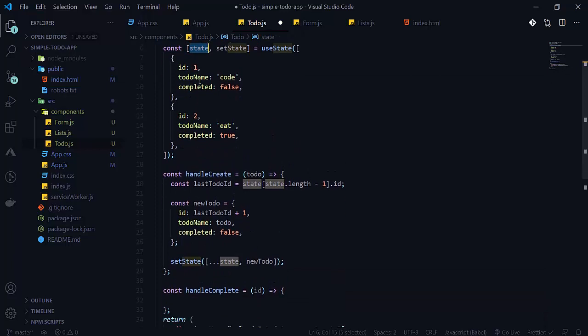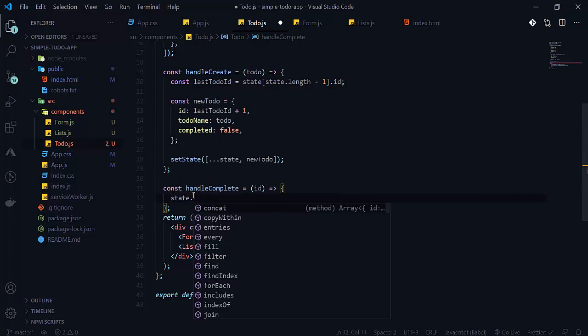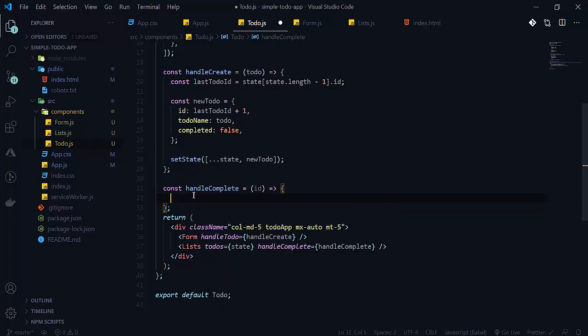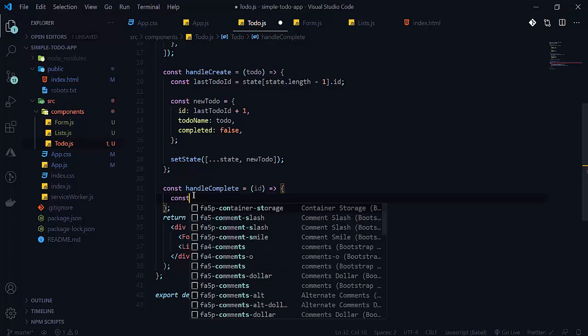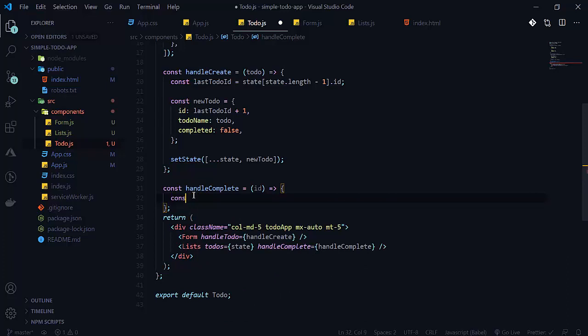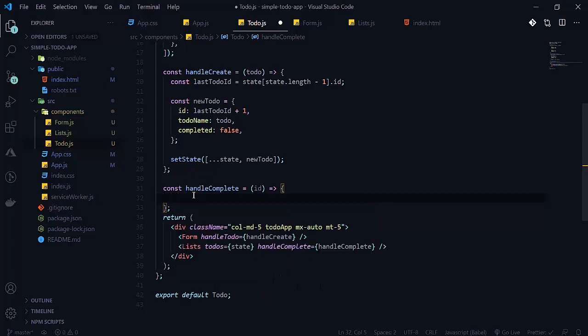Otherwise we can do one thing also. Here will be const newArray, or you can also write state here, anything you can. First of all let's create a constant here, newArray, and after that we will define this array as null here.